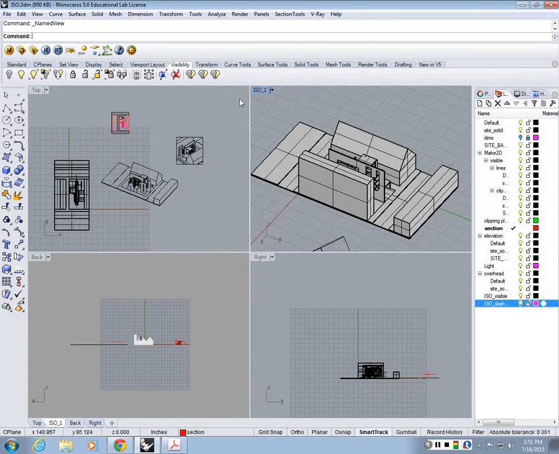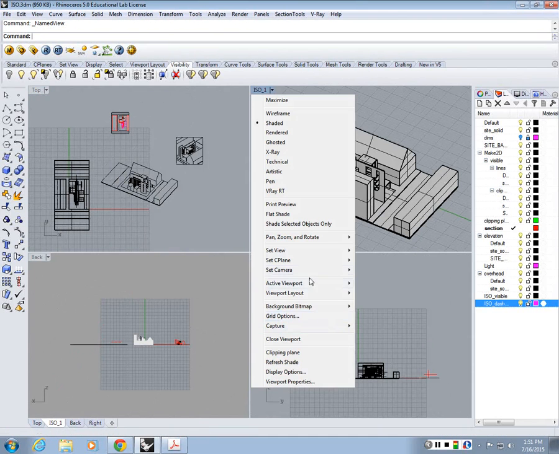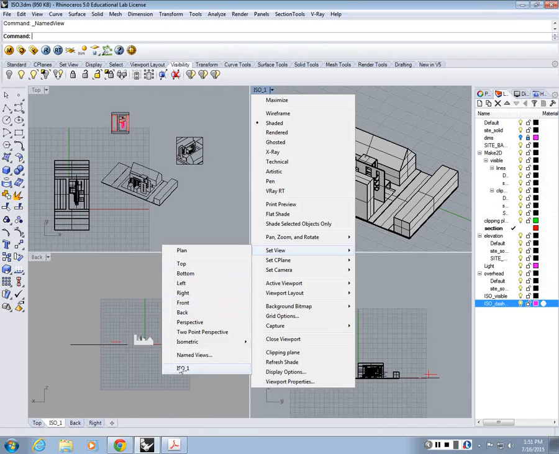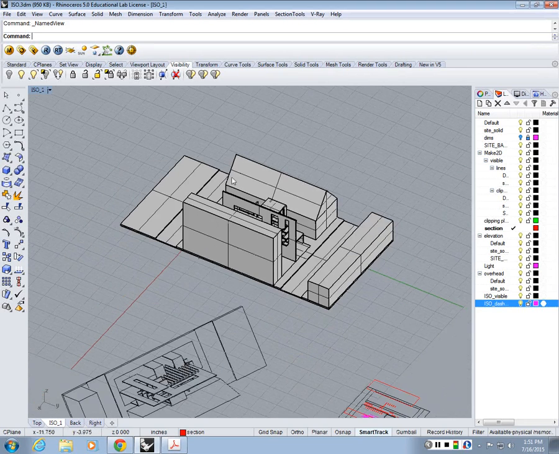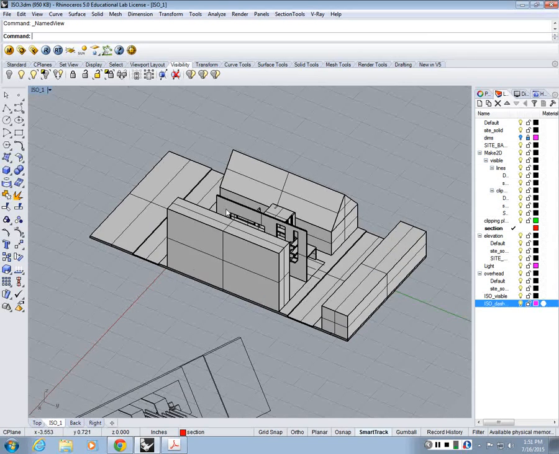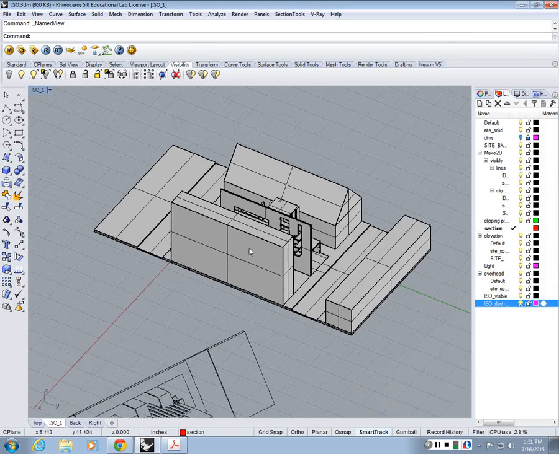So I'm basically creating a custom viewport, right? So it will be added here as an option to choose. So we have top, bottom, front, perspective, isometric. This is a named custom view that I just created, which basically puts the camera and the target and the alignment at this angle. Now the other one I want to do is, we're missing this building,